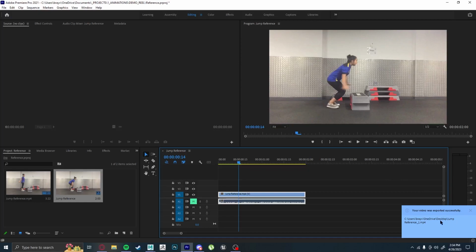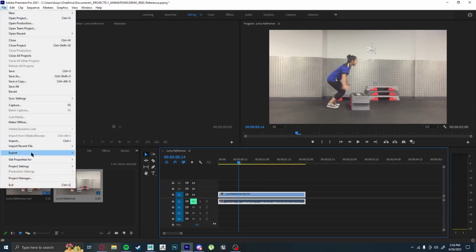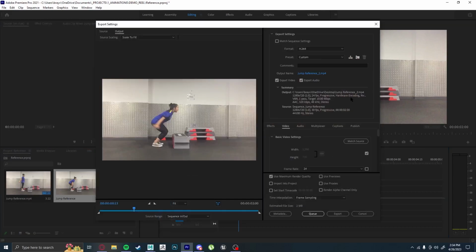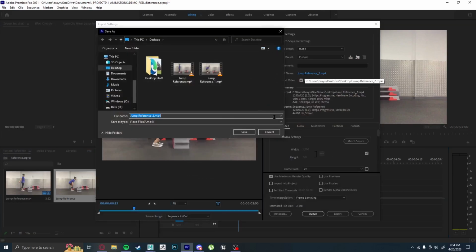And I exported it into my desktop. I forgot to show where to export it. I'm just exporting it into my desktop. Next time you export it, all you need to do is click on here, output name, and find exactly where you want to export it and the name and everything. So